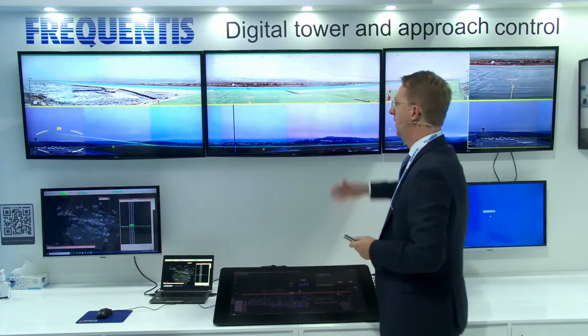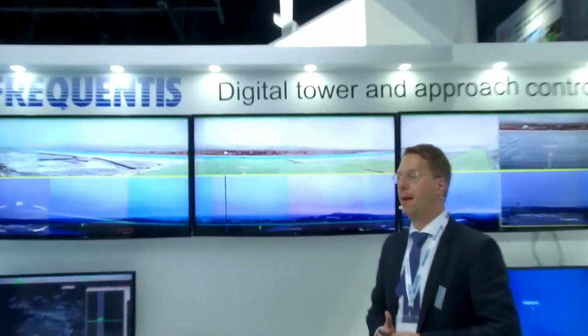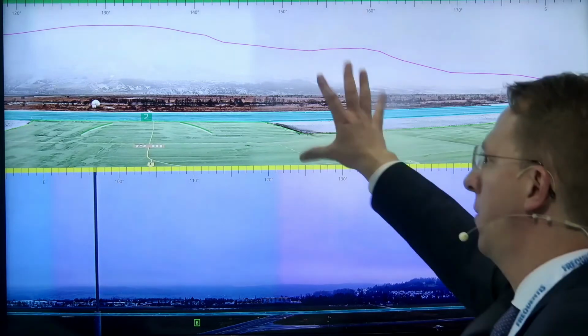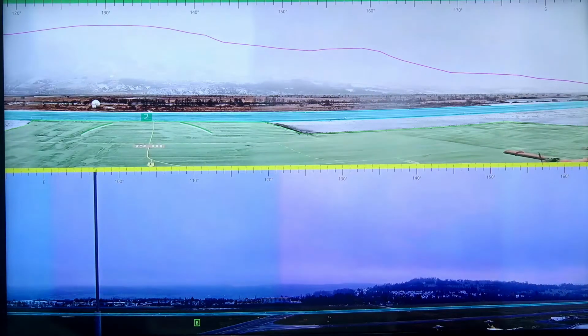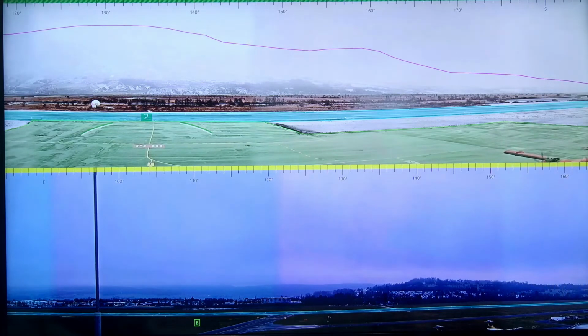So what you see here in this scenario is our multi-remote tower scenario. And you will see what happens if, for example, the network connection of the upper airport has a problem. So let's start the scenario, and I think quite shortly the plane should move.